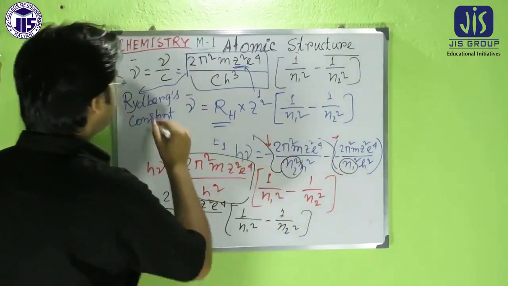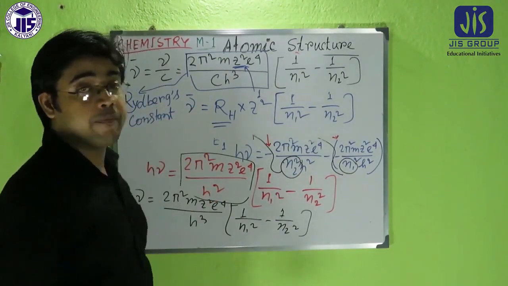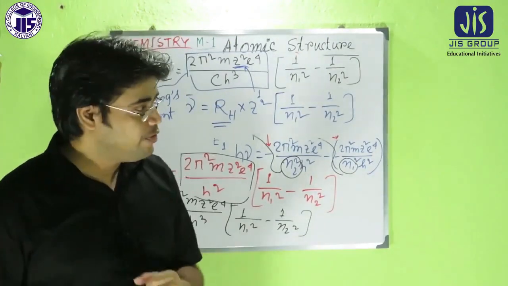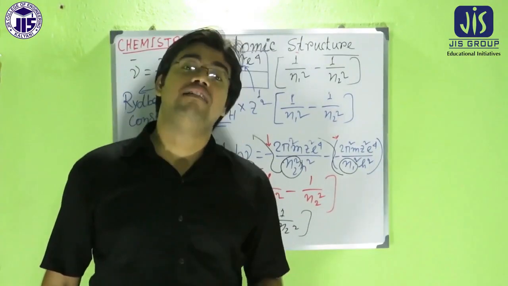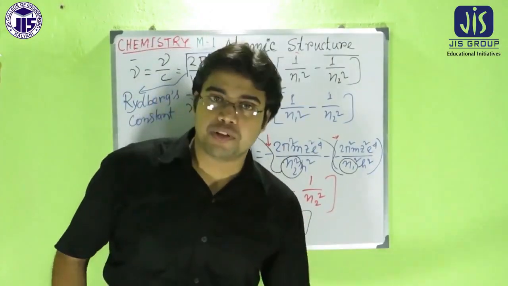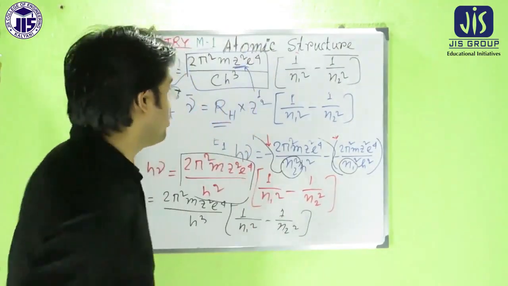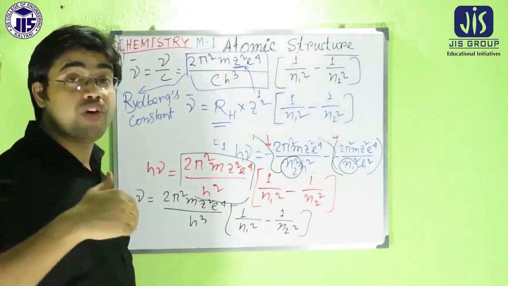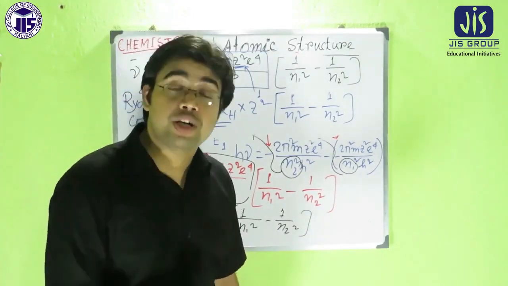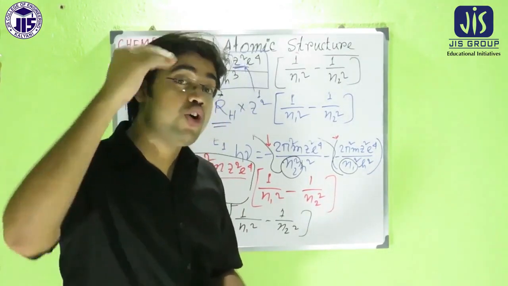So look here, what is nu bar? Nu bar is actually the wave number, and I told you that if you know any one parameter, like the frequency, lambda, nu bar, or E, then you can calculate any other parameter, because every parameter is interrelated with the others. So here we consider nu bar. Nu bar is actually the wave number of the radiation. What is the radiation? Radiation means the radiation that comes out from the atom when one electron jumps from a higher to a lower orbit.